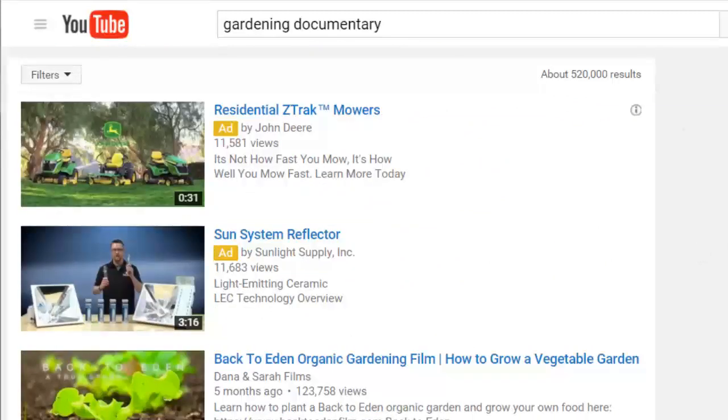Now, with media, there are different types of media. You can use other social networking sites such as Instagram to get a better view of the pictures out there. Look at Pinterest to see what people are doing in terms of gardening. So you can look at other social networking sites and different types of media: pictures, videos, text, even podcasts, if you can find one, just to get an idea of what your niche, your perfect buyer, likes, dislikes, and everything like that.